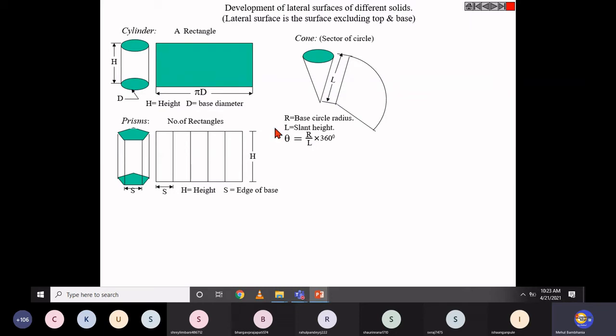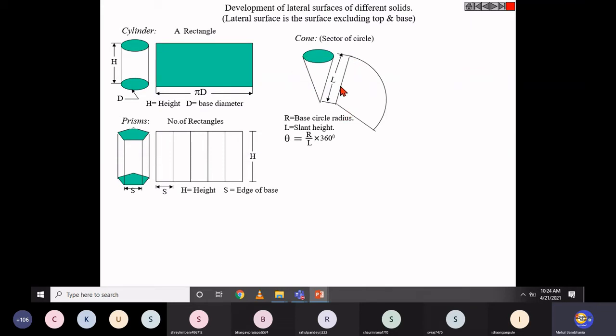That arc measurement can be decided with the help of this r by l. This is the simple equation, r by l into 360 degrees. That means suppose this cone has a radius of 20 mm. So you incorporate 20, and if the slant length, not the axis length, is 60, so 20 by 60, that means 1 by 3, and in that way it is 120 degrees. A total of 120 degrees of arc you have to construct to develop this cone.